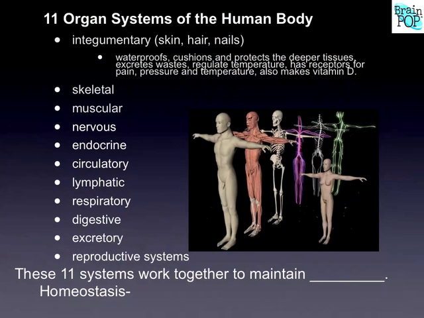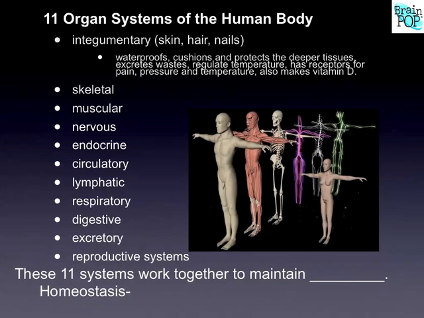Some organs of certain body systems have overlapping functions with other body systems, and so that's just something to keep in mind. So we have the skeletal, muscular, nervous, endocrine, circulatory, lymphatic, respiratory, digestive, excretory, and reproductive systems. They all work together